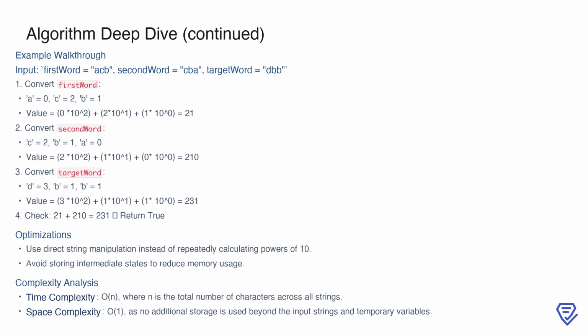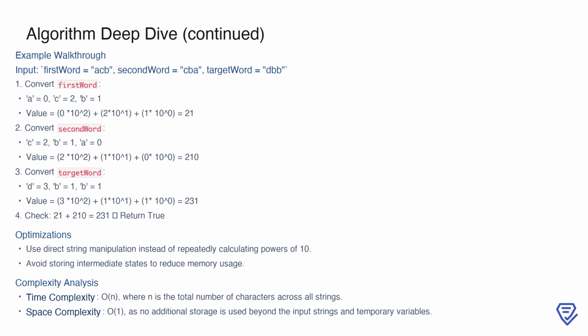To optimize the algorithm, we can avoid explicitly calculating powers of 10 by directly manipulating strings during the conversion process. This reduces computational overhead. The time complexity remains O(n), and space complexity stays at O(1), making the solution both efficient